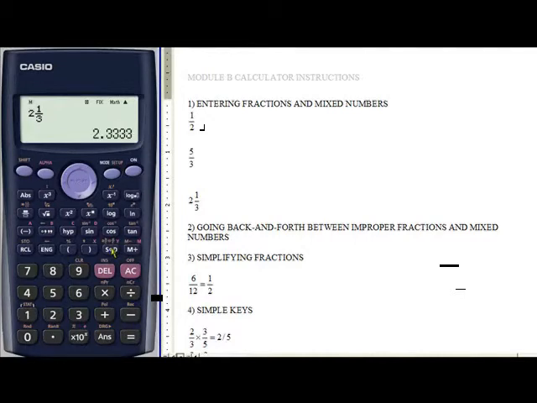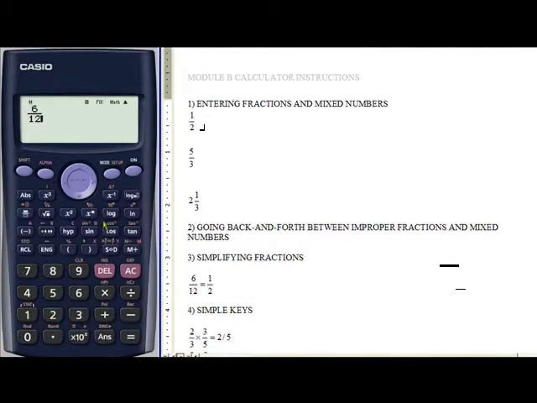And then when you push this button, you can also go to the decimal. We'll learn how to do that later on. But to go back and forth between the improper and mixed, you use the second Shift SD. Shift SD. Okay? Now, if I want to simplify fractions, let's say 6/12, I enter the fraction as is